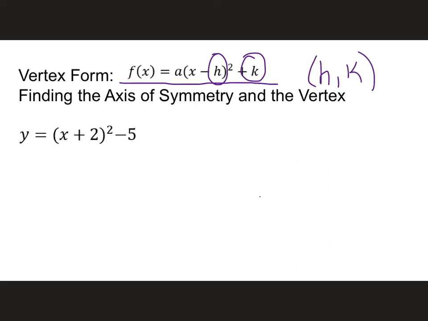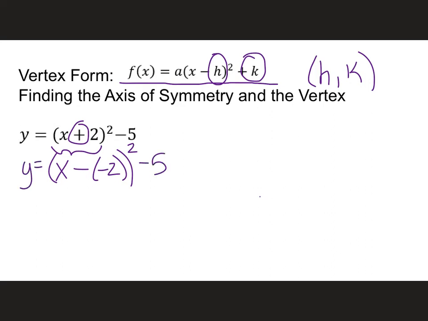Now the tricky part of this is that the formula is subtraction on the h. So we'll have to make sure that it is written as subtraction so we can see what the real h is. So if we're looking here at this example, you can see that it is not written as subtraction, it's written as addition. That's a simple fix. If we're adding, then we can reverse that to subtracting a negative, because subtracting a negative is the same thing as adding a positive. Now it is in the exact same format as our formula, and so our h value is -2,